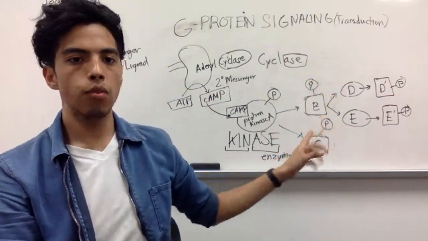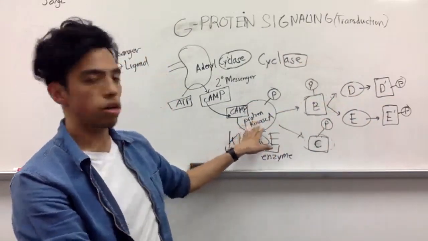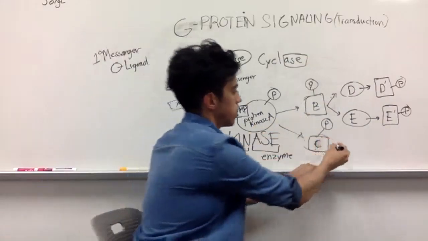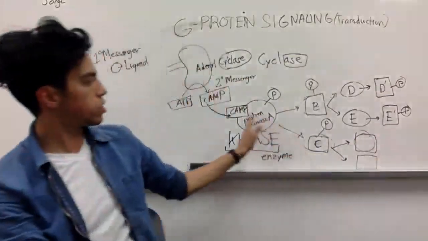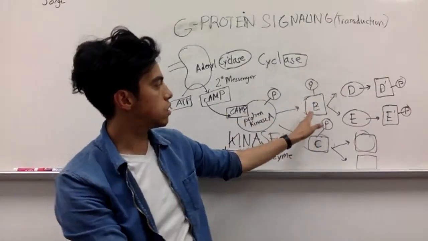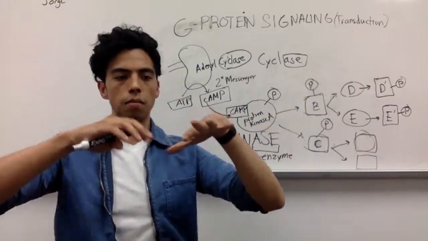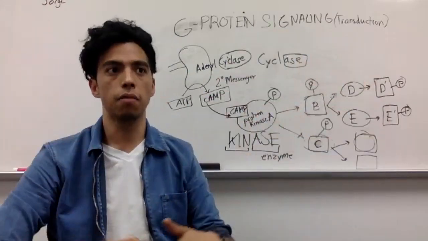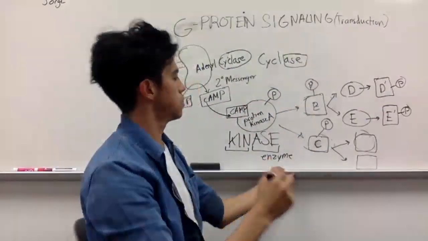If we keep on going, I don't think I have enough whiteboard, but you see that we started with one molecule being activated, and then the first time, now we have two. And now these will activate two other ones each. So we started with one, that one activated two more, and these two activated two more each, so that's four. Once we go on, we're gonna activate a lot more. By the end of it, we're gonna have millions of different proteins being activated. And so that's what we call